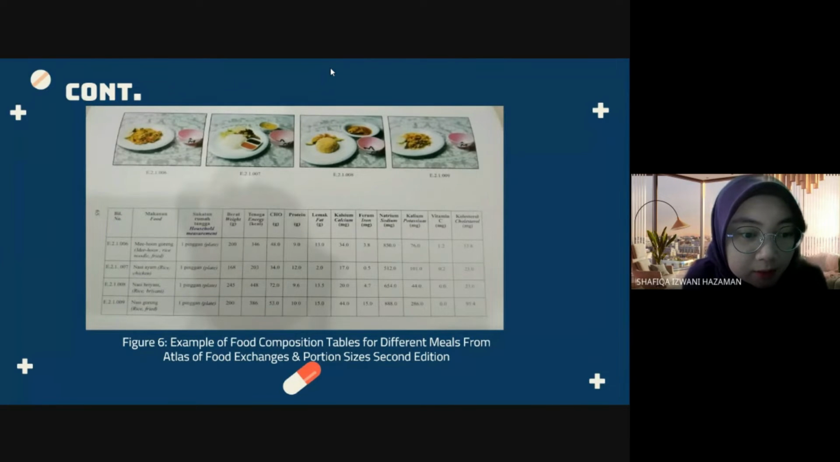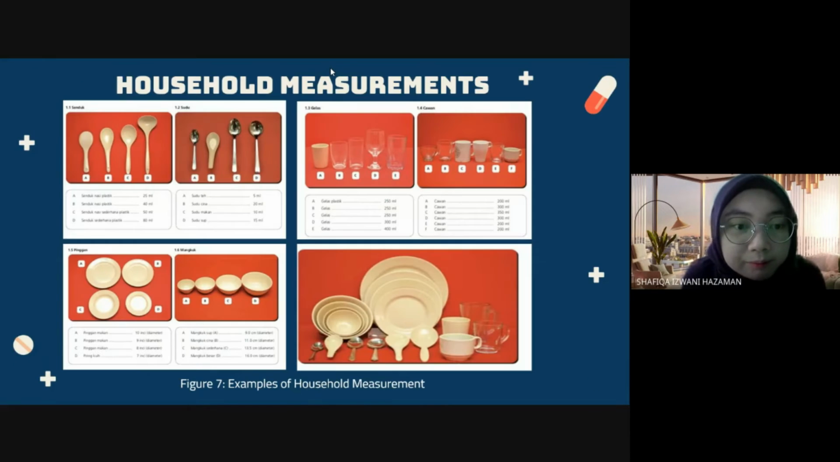this figure shows the example of food composition tables for different meals from the Atlas of Food Exchanges and portion sizes. For example, here it is for nasi goreng, the carbohydrate content is 53 gram for one plate. Next, these are examples of household measurements that the patient can use to portion the food. Next,